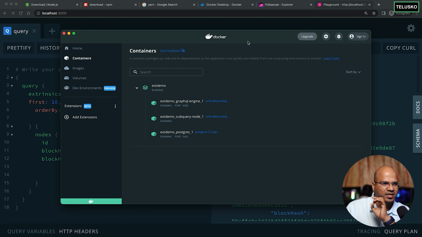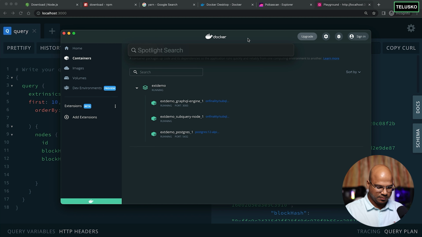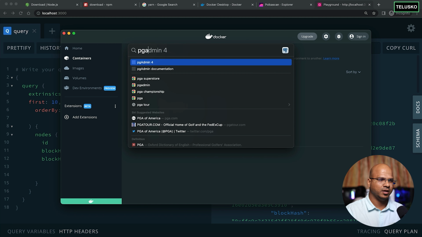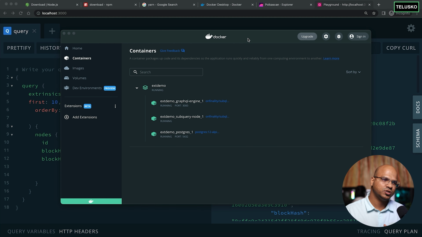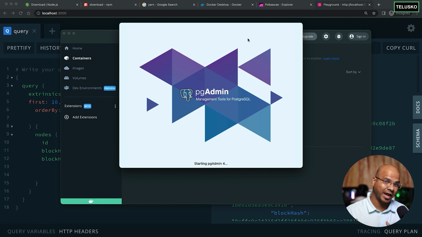And the way you can access Postgres is with the help of pgAdmin. If you want to see the data, if you don't want to, that's fine. But in this video, I wanted to show you how it looks in Postgres. So you can simply open pgAdmin. If you don't have this software installed, you just have to install it. You can search for pgAdmin. The latest version is 4, so I'm using that. It will take some time to open. So this is opening.